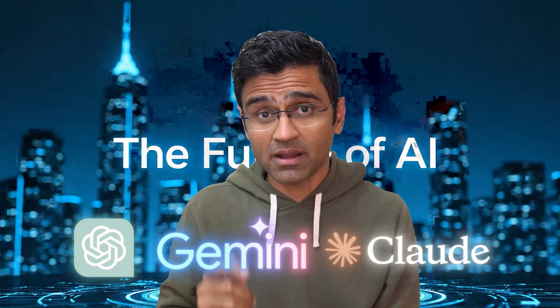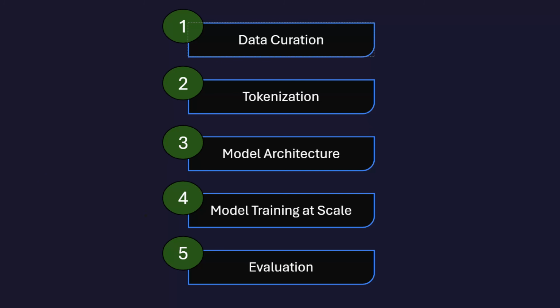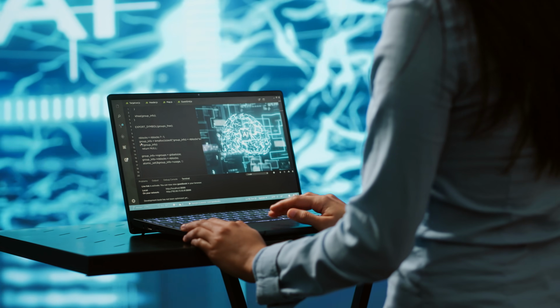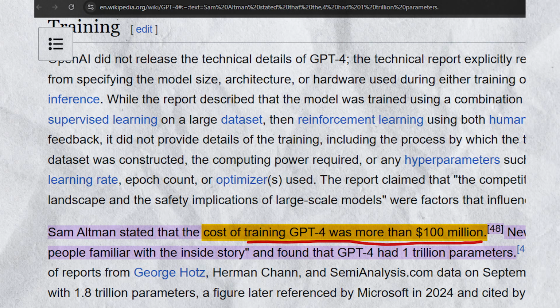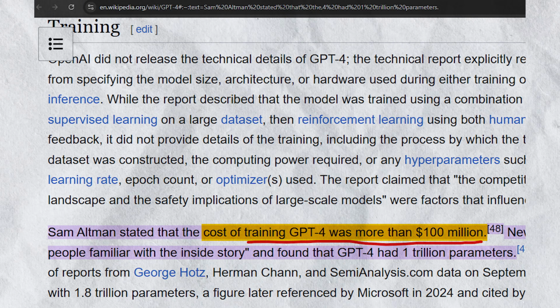Modern day AI revolution has become possible due to large language models such as GPT, Gemini, Claude, etc. In this video, we will understand the 5-step process of how large language models are built. This video is useful to anyone who is generally curious or to a person who is preparing themselves for an AI research engineer role. To share some facts, OpenAI spent more than $100 million to train GPT-4, and that is